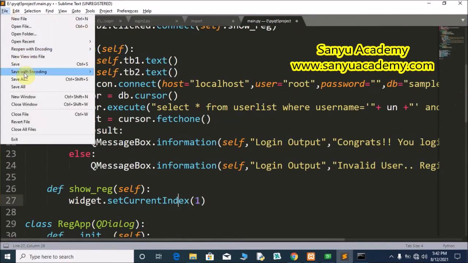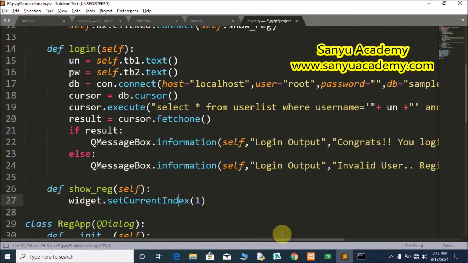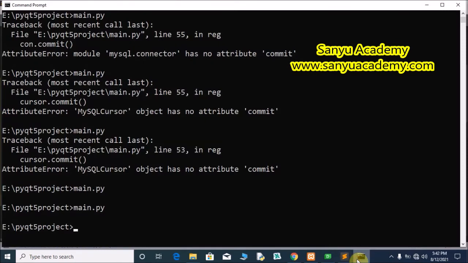Go to file, save, run this project. Go to the folder where we store all the files in the command prompt and run the Python file main.py.